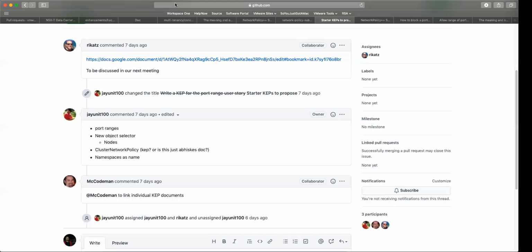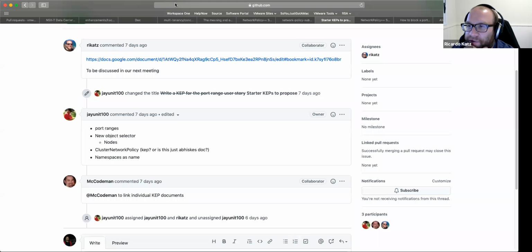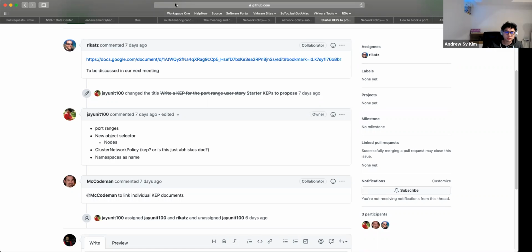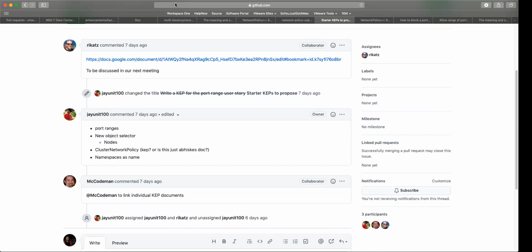This is a completely new object, right? Yeah, it's not a network policy. This is like a v1beta1 cluster network policy. Correct. Sorry, I want to clarify. I think what Abhishek is saying is that it's the same API group, but a new resource or kind in the existing group. Okay. I think also this is a new kind of API.